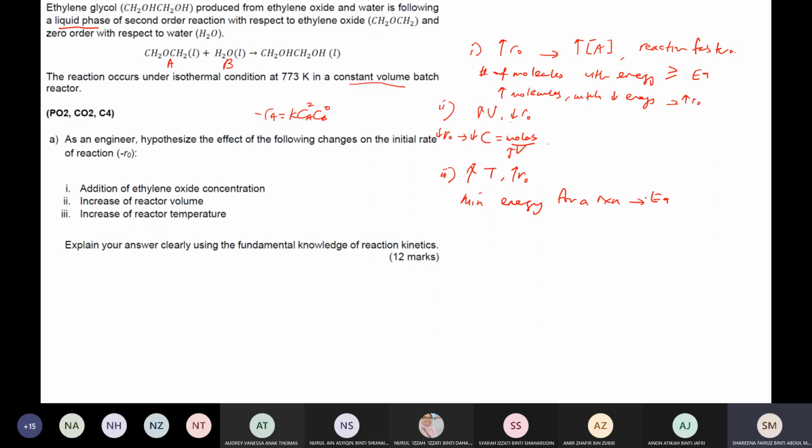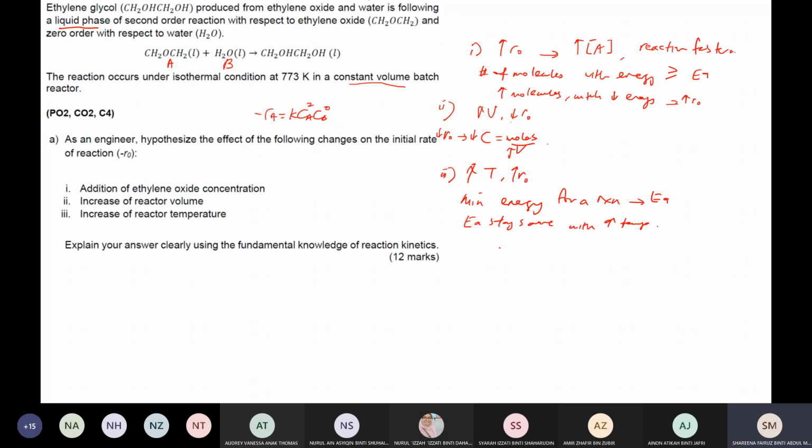Usually the activation energy will stay the same with increasing temperature. But because there is a temperature, the kinetic energy caused by the absorbed heat